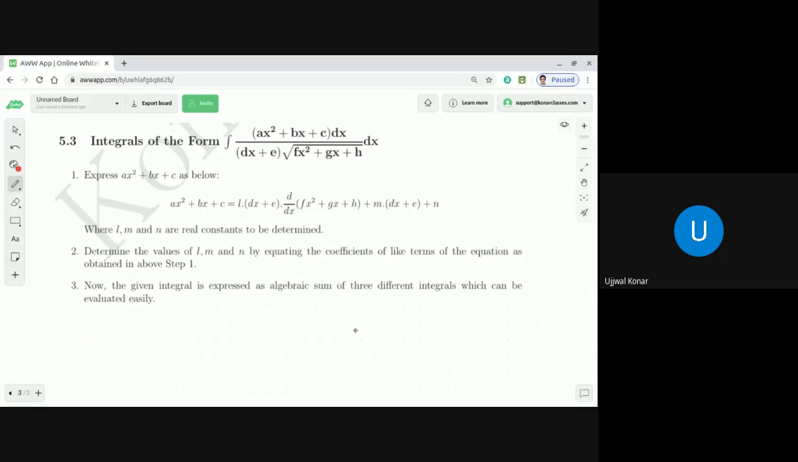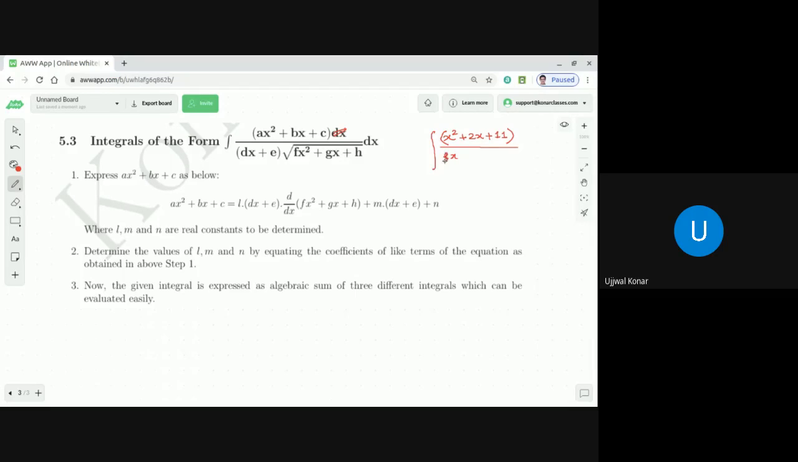If you get an integration where the numerator is a quadratic expression and the denominator is a product of a linear expression and the square root of a quadratic expression. Okay, so one example could be: integration of x square plus 2x plus 11 dx. Two times dx doesn't make sense, only one time is fine. That is divided by